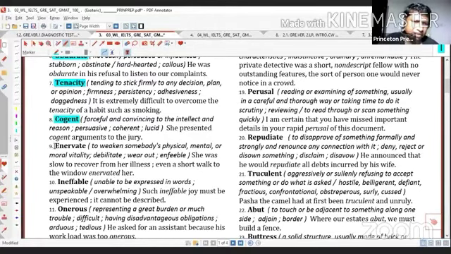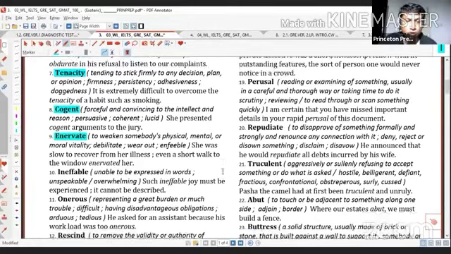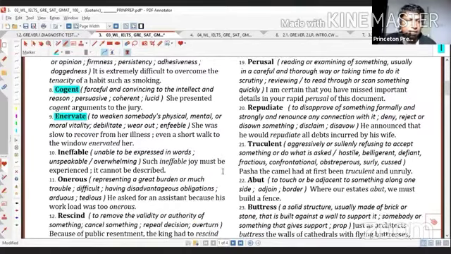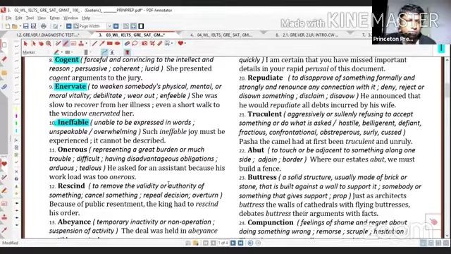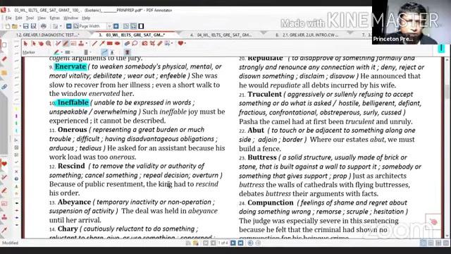Innervate wordটা কি? আস্তে আস্তে দুর্বল হয়ে যাওয়া. To weaken somebody's physical, mental, or moral strength. Whereas ineffable. What about ineffable? Ineffable, এটা ব্যক্ত করা যায় না, unable to be expressed in words, unspeakable, overwhelming. Such ineffable joy must be experienced. It cannot